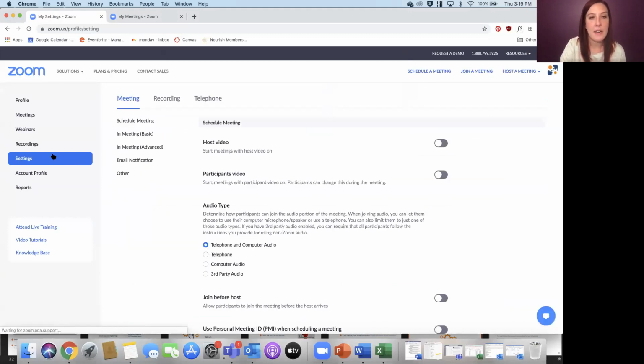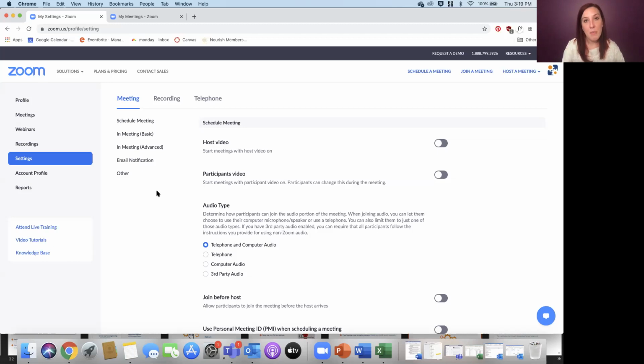And then here's settings. So when I have said multiple times throughout this webinar that there are more settings on the web portal than there are within the desktop portal or at the scheduling level, this is what I'm talking about. And this is a site that's available whether you have a basic account or if you have a pro account or higher. So even if you have a basic account, you still have the ability to log into the web portal and see all of these different security setups and features.